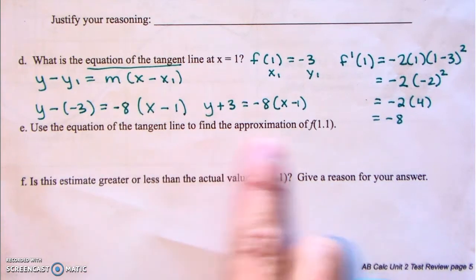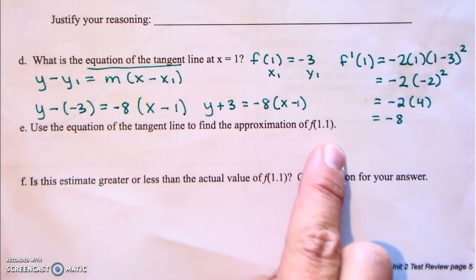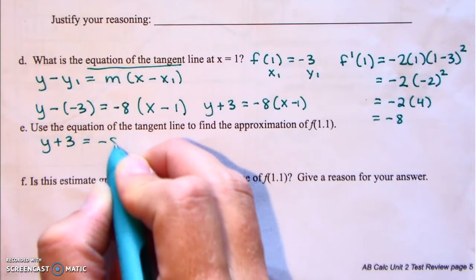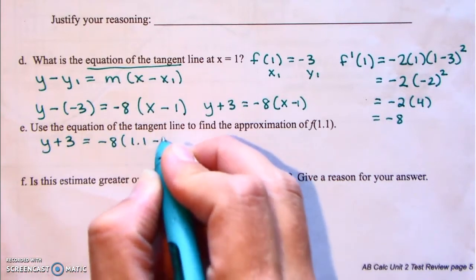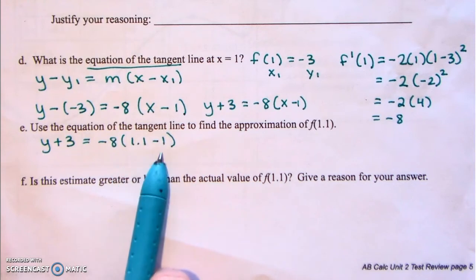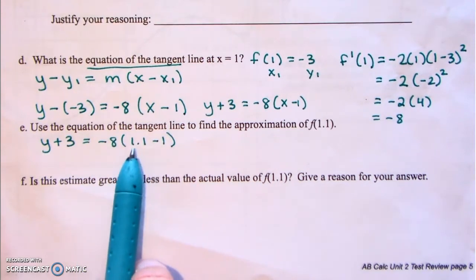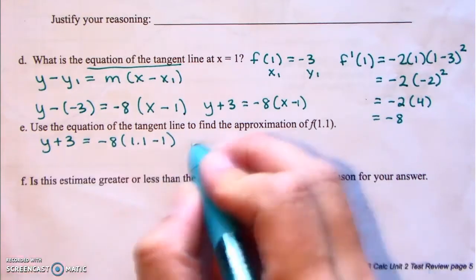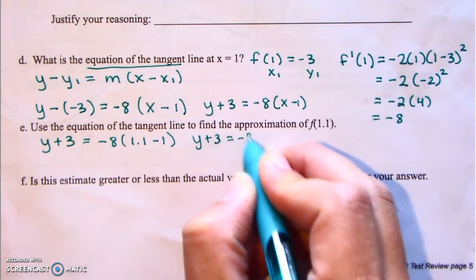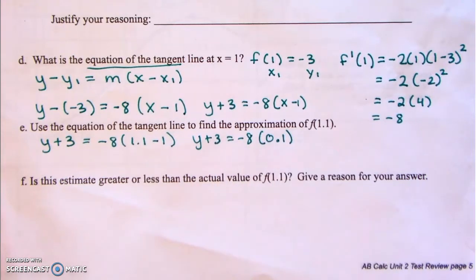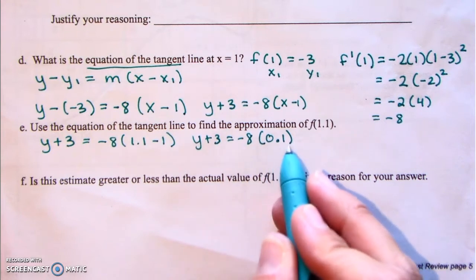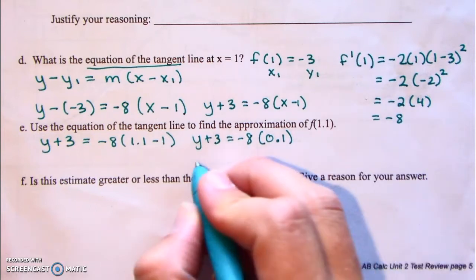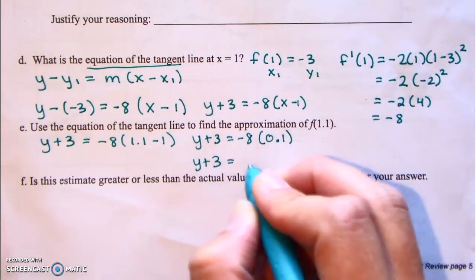Use the equation of the tangent line to find the approximation of f of 1.1. So we're going to plug 1.1 into the tangent line. 1.1 minus 1. Okay, there's no calculator, so all of these are very doable, okay? 1.1 take away 1 is 0.1. So now I have y plus 3 equals negative 8 times 0.1. Negative 8 times 0.1 is just negative 8 times the 1, and you keep it in its place. So we have y plus 3 equals negative